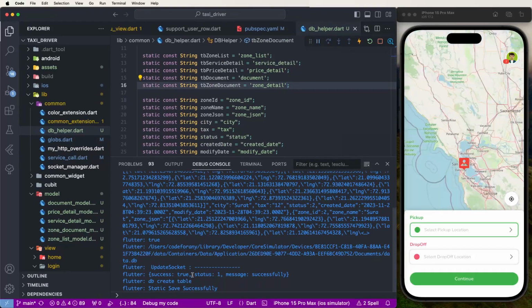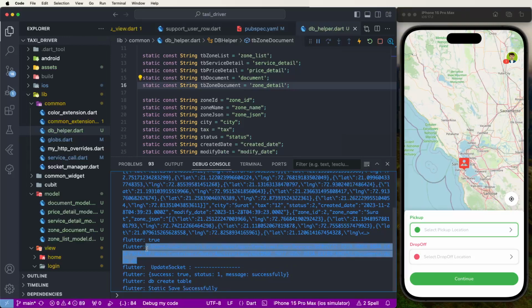Get here the response. Statically save this successfully. Need to save this data and to get this data. Now need to check this here the database inside the get data. So nodes need to check this here. First of all need to copy this here. These lines need to copy here